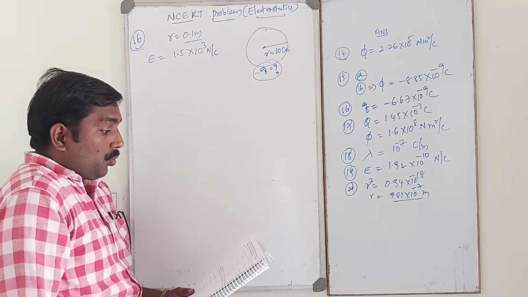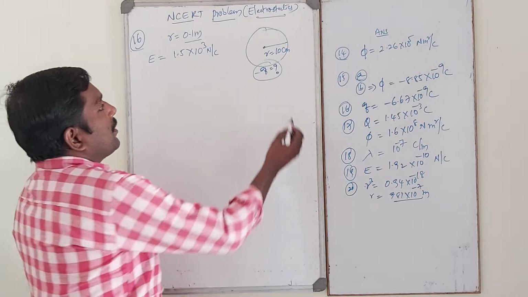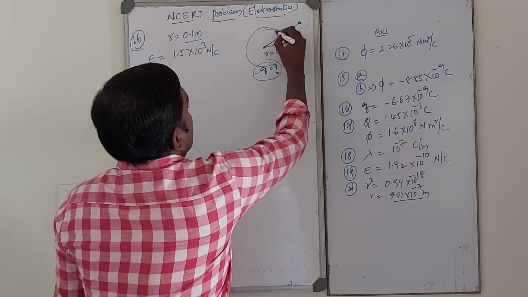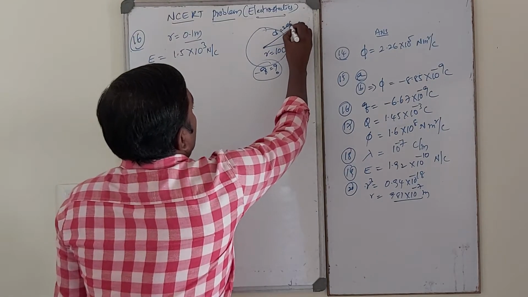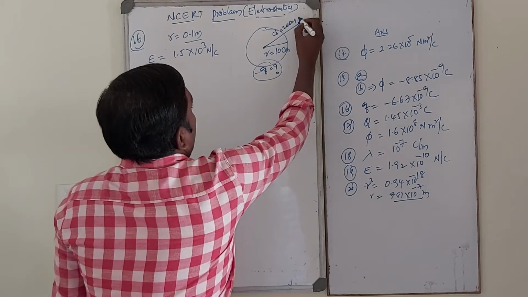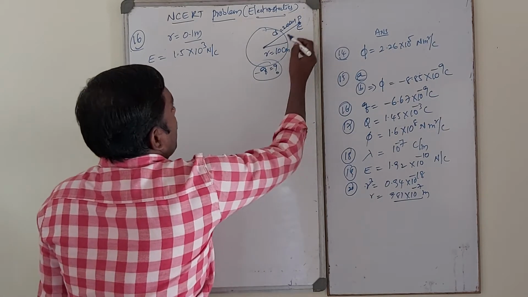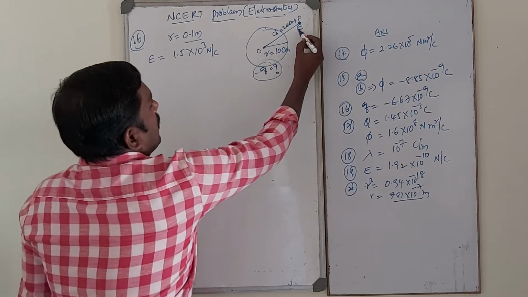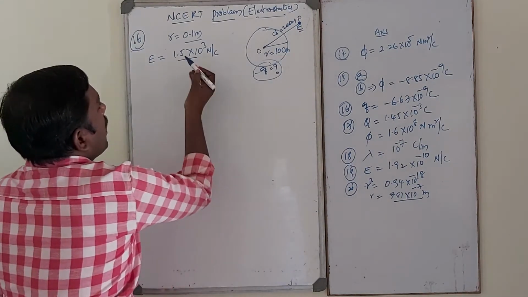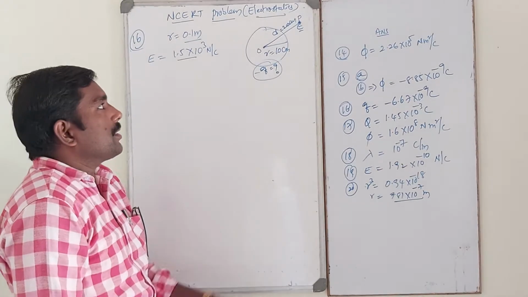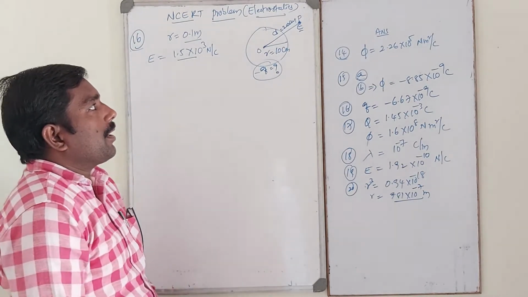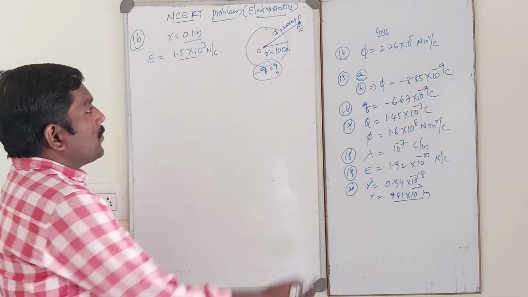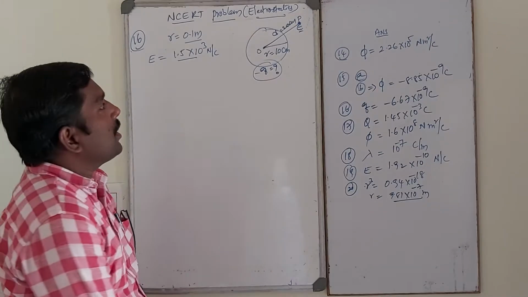If the electric field 20 centimeters from the center of the sphere. So this is the center of the sphere. Of course, this is the distance, 20 centimeters. So of course, P be a point at a distance of 20 centimeters from the center of the sphere. At the point P, this is the electric field. Of course, that is a given value. Okay, what is the net charge on the sphere? So we calculate the charge on the sphere.